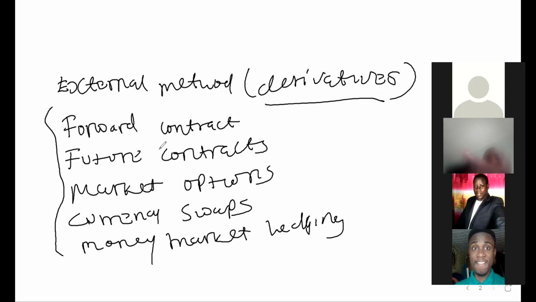Remember in our last class, we agreed that exchange rate exposure can exist in 3 forms: economic exposure, translation exposure, and transaction exposure. We said of the 3, it's only one which is a real cash outflow or a real cash gain or loss. That is transaction exposure. And transaction exposure is whereby you have a transaction, either a receivable